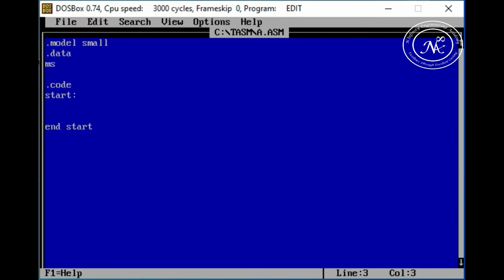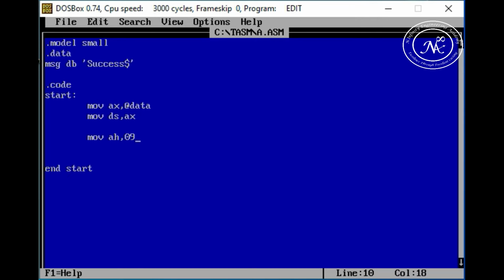I'll be using a variable named message, success followed by dollar, and here in the code lines: mov ax, @data, mov ds, ax, mov ah, 09h, mov dx, offset message, int 21h, mov ah, 4ch, int 21h.